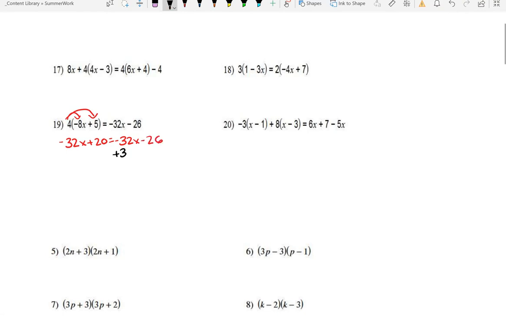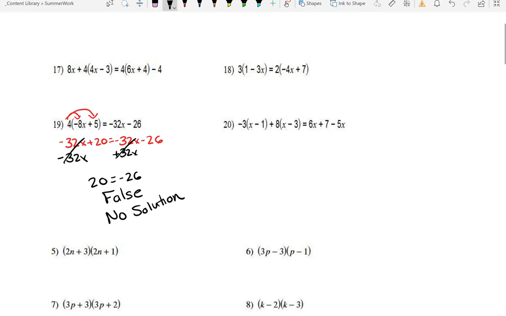Now I'll have to add 32x to both sides. These will cancel out, and I'm left with 20 equals negative 26. So this is a false statement. This is not true, which means there is no